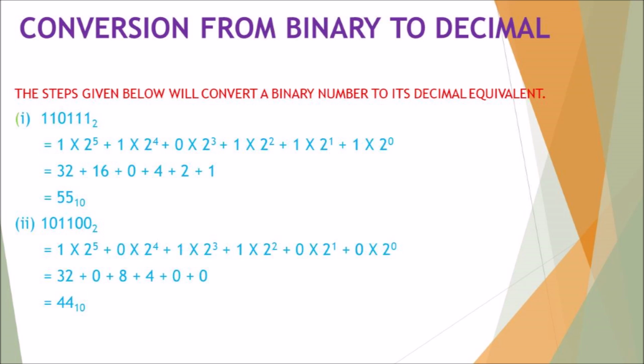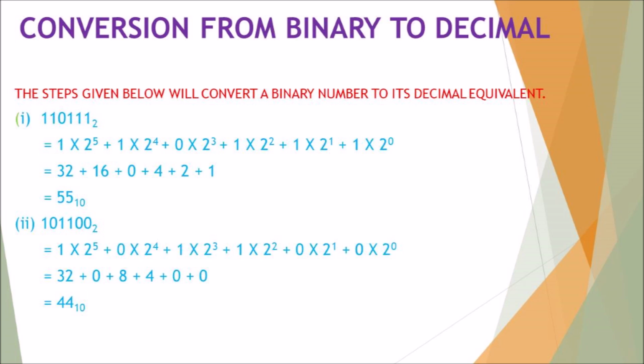Next we are going to see binary to decimal. We have seen decimal to binary previously; now we are going to convert binary to decimal. Consider an example. We said that a binary number has only two digits, and a combination of these two digits can create the other number systems. The first example is 110111. You have to write the base value 2. That is the important thing, because it is a binary number system.